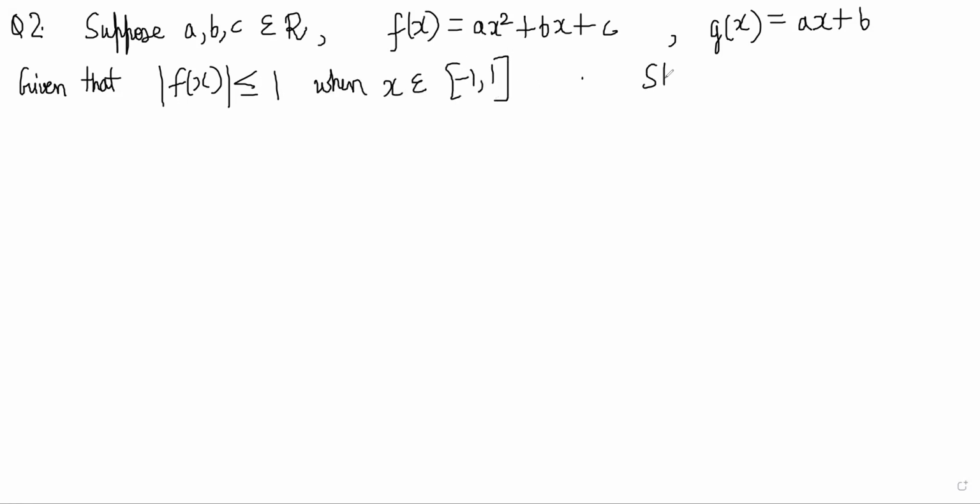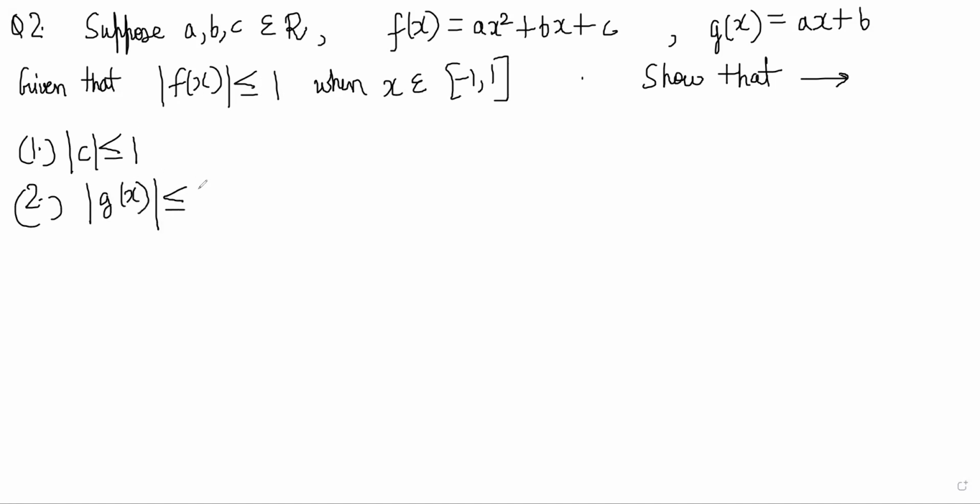We have to show that first, mod of c is less than equal to 1. Second, mod of gx is less than equal to 2 for x belongs to minus 1 to 1. And third,